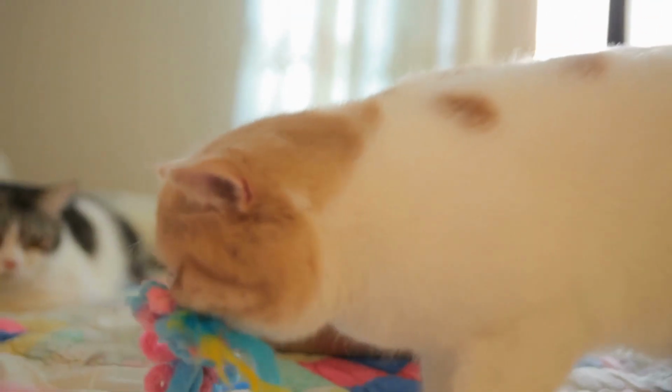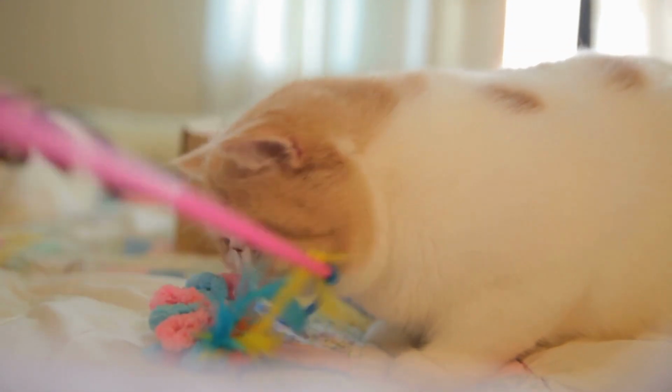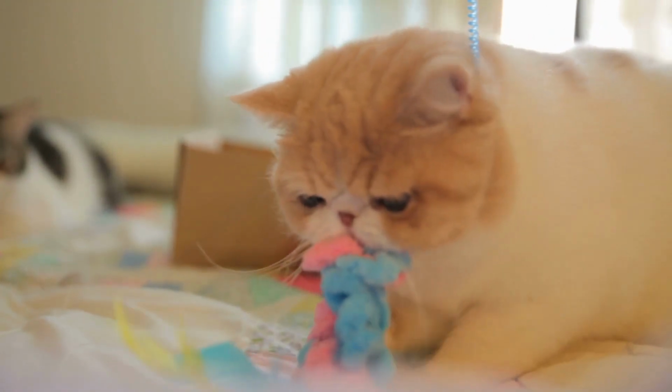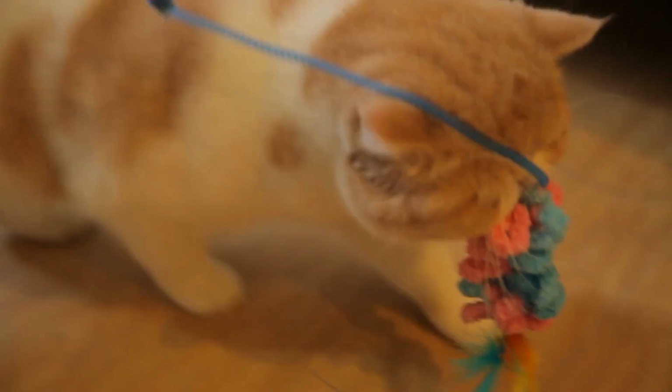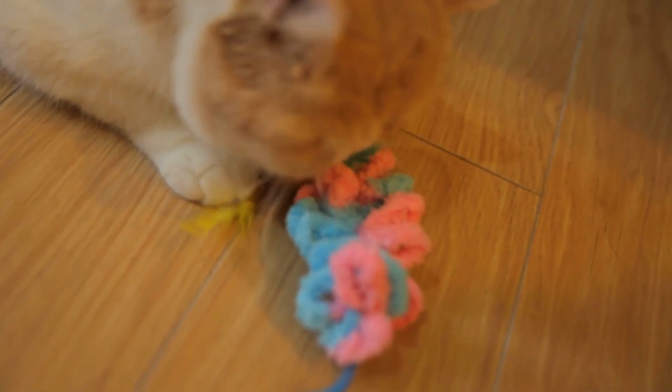Avenger doesn't really have many toys because he doesn't really care about toys. We bought a lot in the beginning because we thought that they were funny, and the one with catnip in and everything, but he doesn't find them interesting. So his favorite toys are, first of all, Mr. Owl here,